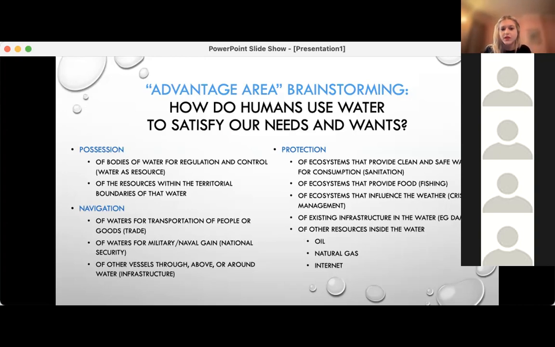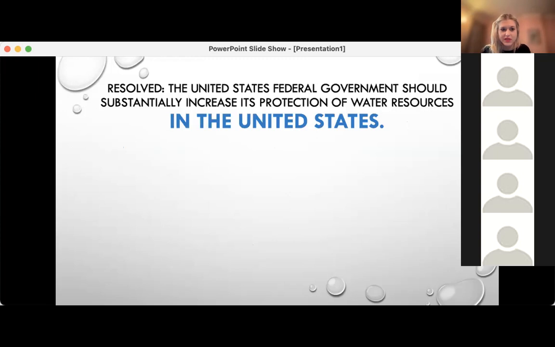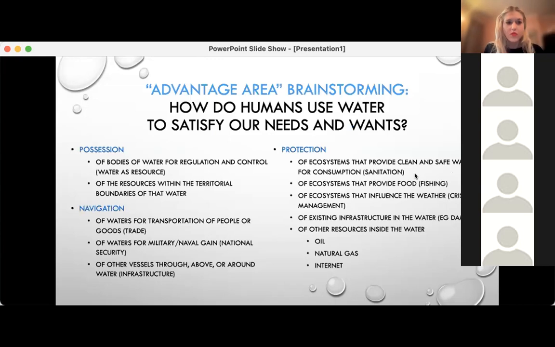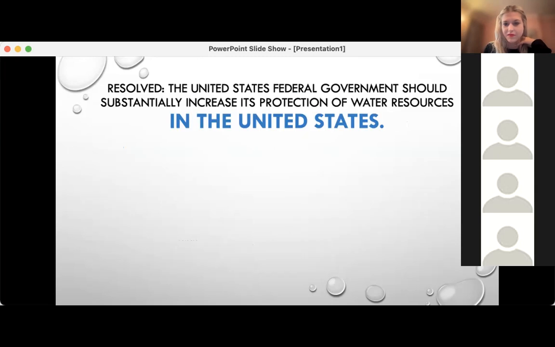And then there are these other resources that are protected inside the water, like oil, natural gas, the internet, food sources, other natural resources that we might need to get into the water to extract. So those are sort of just an overview of what types of advantages we'll be debating about. But this is just our preliminary list. I'm sure there's some that we haven't thought of as well. And then I have a slide saved at the end to introduce you to fracking, which is the app that we're going to go with for the packet for this camp tournament.